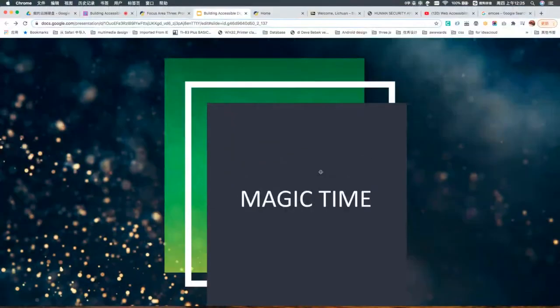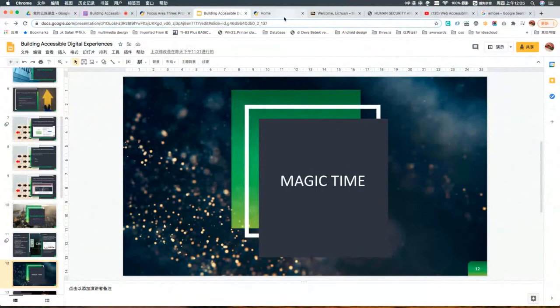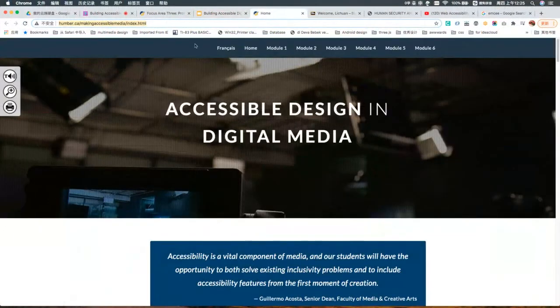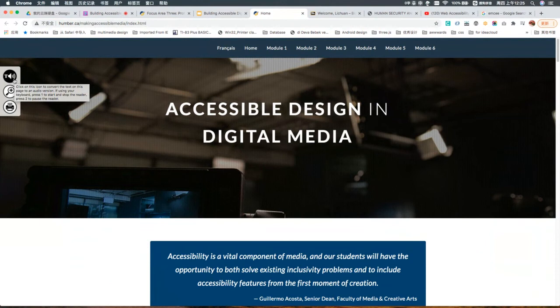Okay, I'm going to demonstrate how the accessibility bar will really work. So this is the course I just mentioned. And when I click the screen reader button,